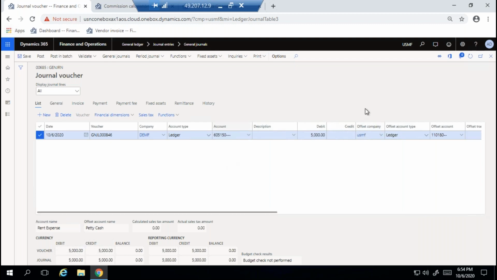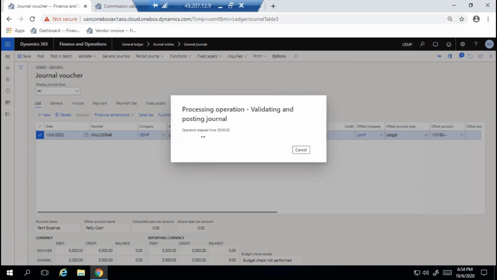Rent, so DEMF company to USMF company. If I post like this, it will post 2 journals. 1 week or 2 weeks before I explained this one.